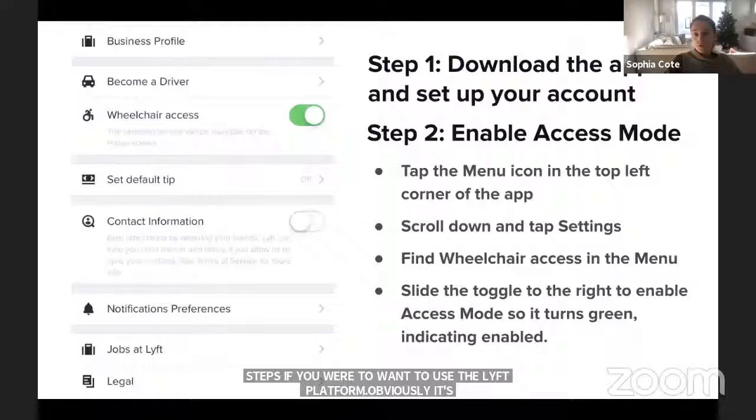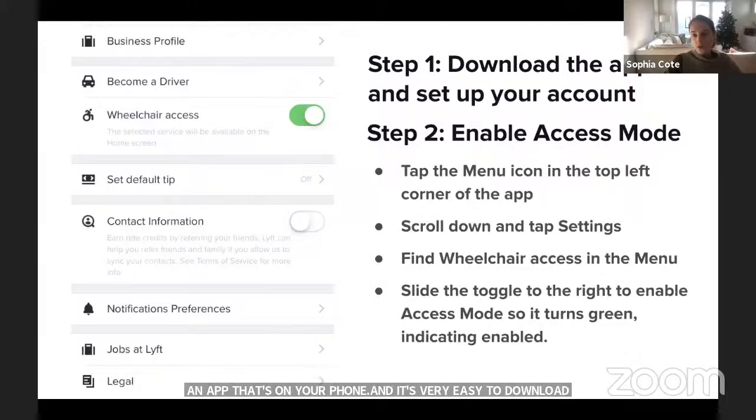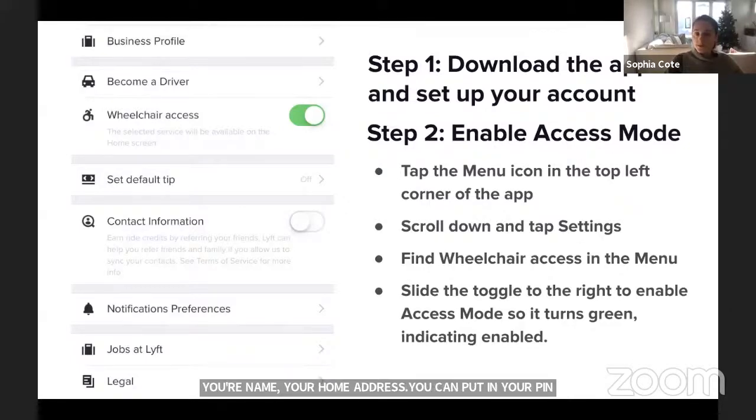Your account, so like your name, your home address, you can put in your payment details, etc. And then step two, so let's say you are someone that's in a wheelchair. In a lot of markets, you're actually able to enable what's called access mode. And so this will just alert the Lyft app that you're someone in a wheelchair, you need wheelchair access, so